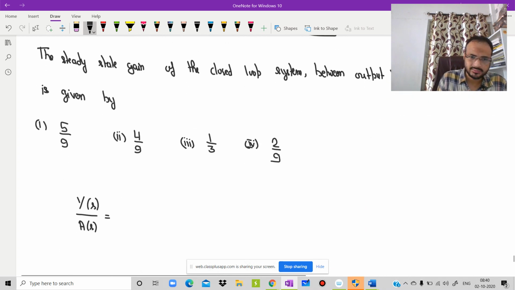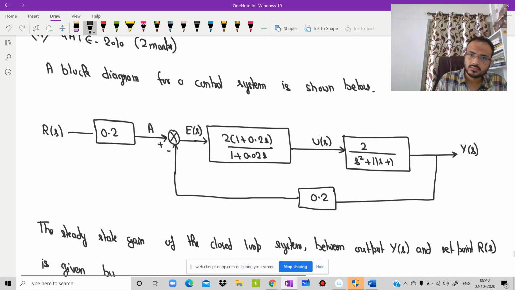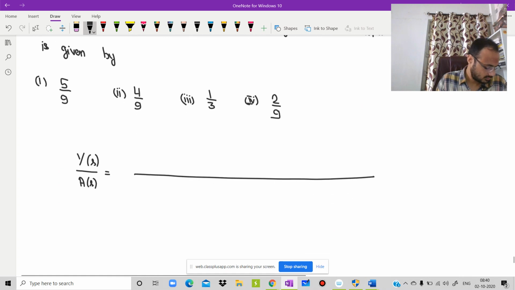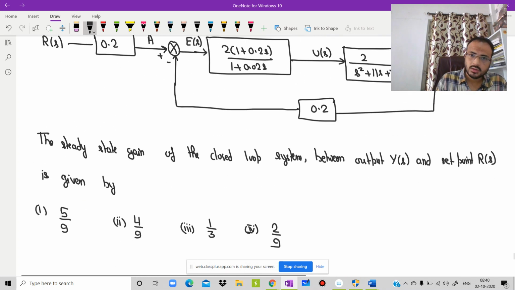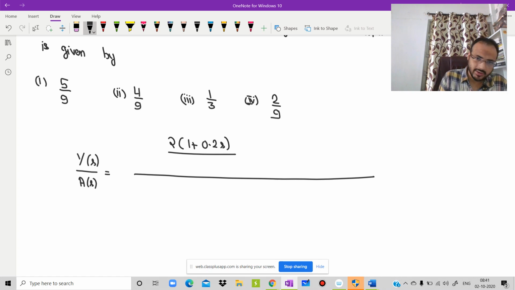That you will get 2 into 1 plus 0.2s divided by 1 plus 0.02s